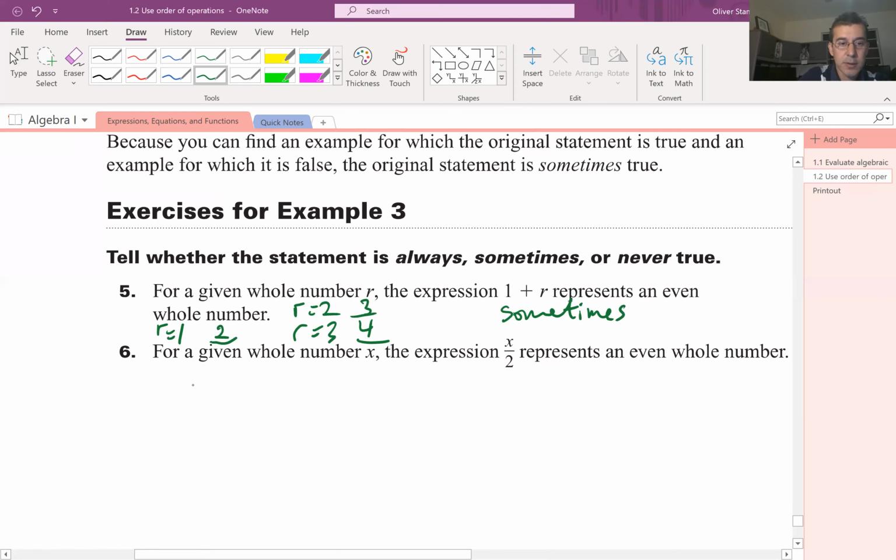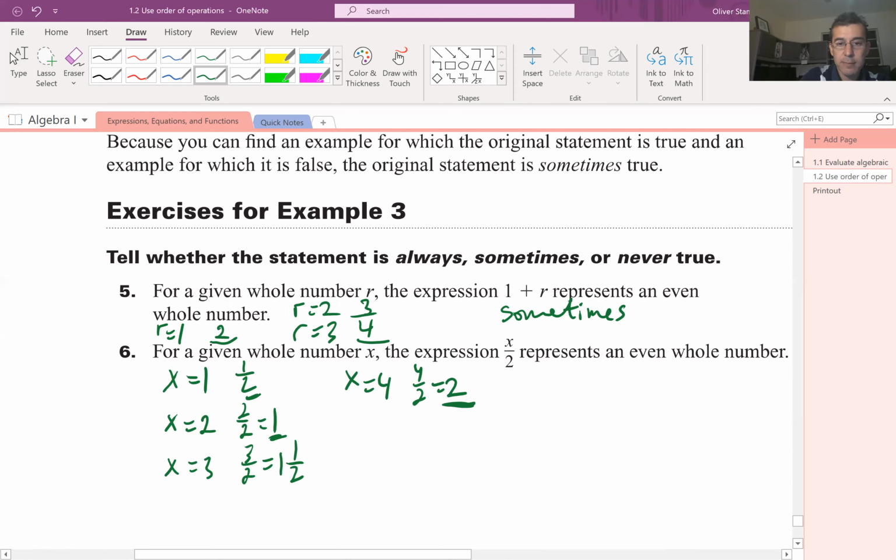And the last one, let's try a couple. So if x is 1, we get 1/2. If x is 2, we get 2/2, or that's 1. If x equals 3, we get 3/2. Well, that's 1 whole and 1/2. If x is 4, we get 4/2, or that's 2, and so forth. So even, yes, sometimes, but sometimes it's odd. Okay, and sometimes it's a fraction. Even sometimes,